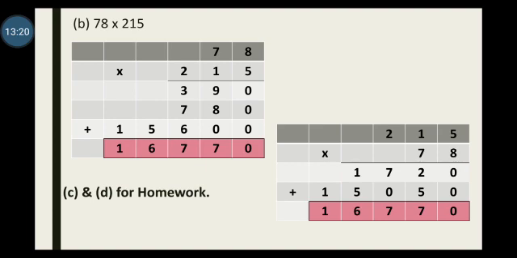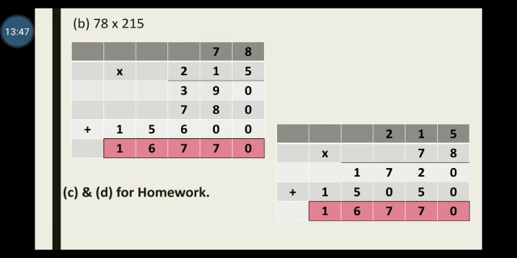Once you finish this question, you should make one line and write part number B. The question is 78 multiplied by 215. 78 I have written as a multiplicand, 215 as a multiplier. Multiply 78 by 5. 5 8s are 40. 4 carry over. 7 5s are 35. Add 4, 39. The 0 of 10 we will write first in the ones place. 78 multiplied by 1 will be 78.